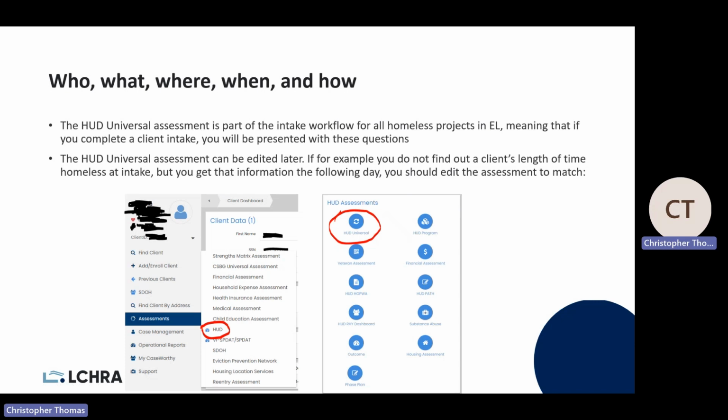And you'll also see on that screen a person's chronic homeless status can change. Of course, if they are housed, if they leave homelessness for even several months and then return to the street, they might no longer meet the criteria for being chronically homeless. So these things can change. Just because someone was once chronically homeless does not mean that they always will be. And of course, vice versa. A person can become chronically homeless once they meet those criteria.